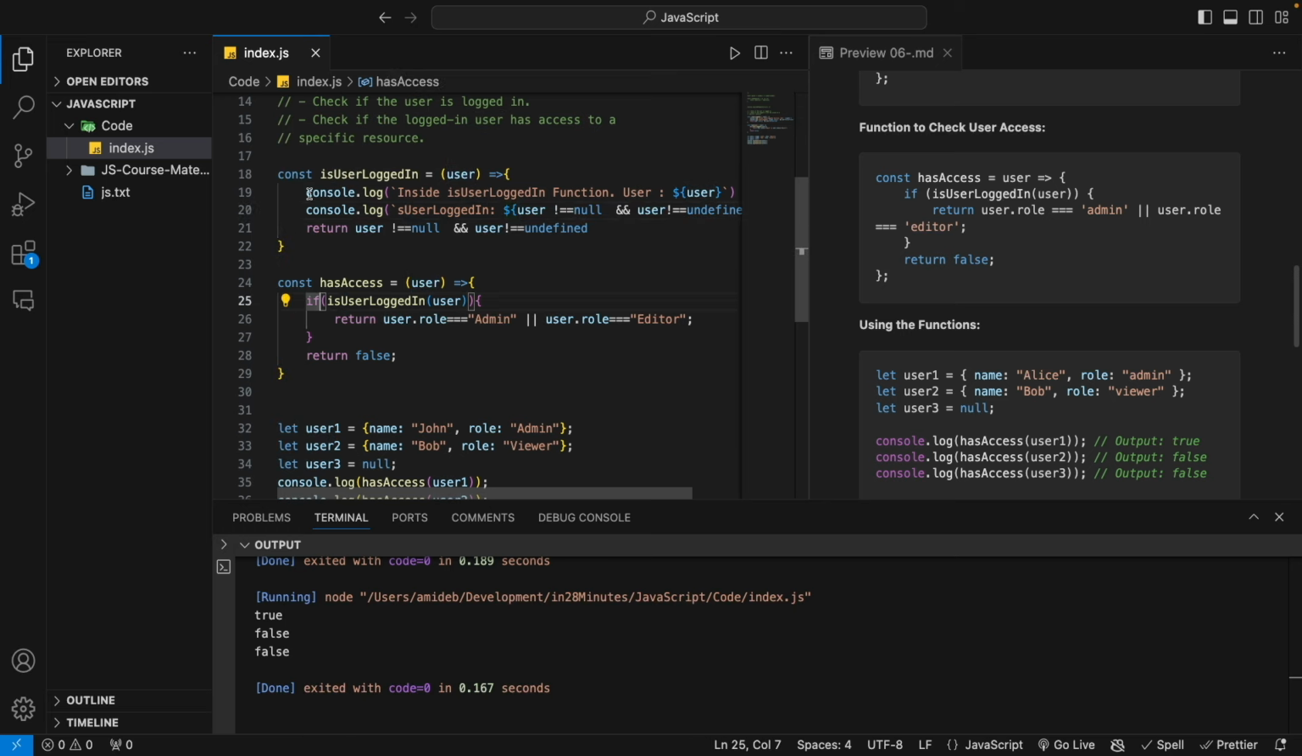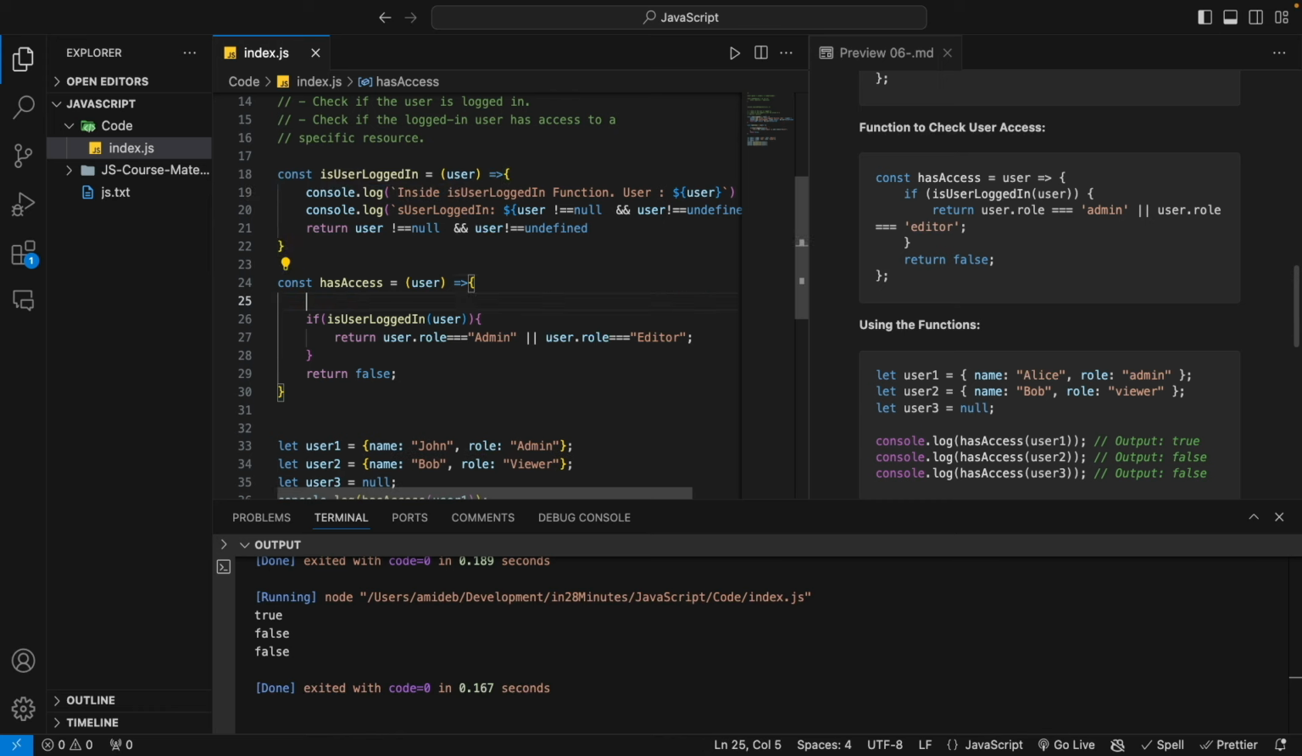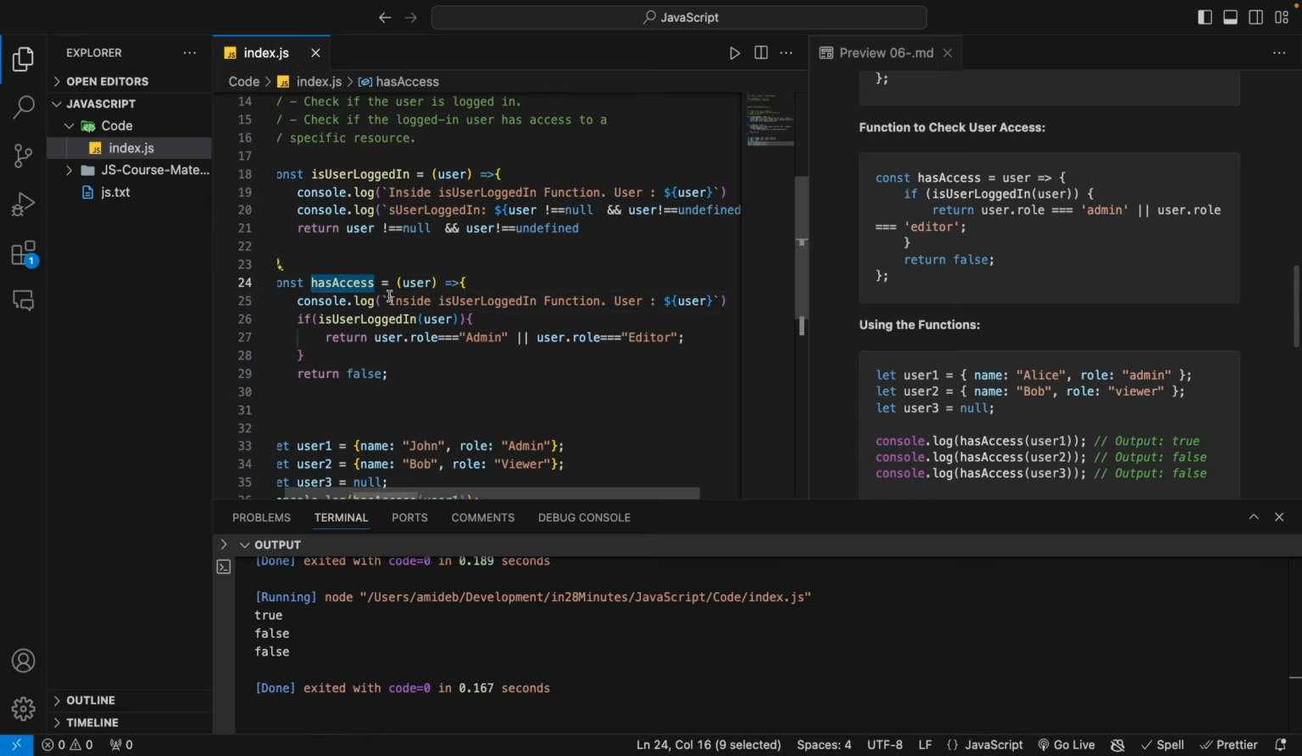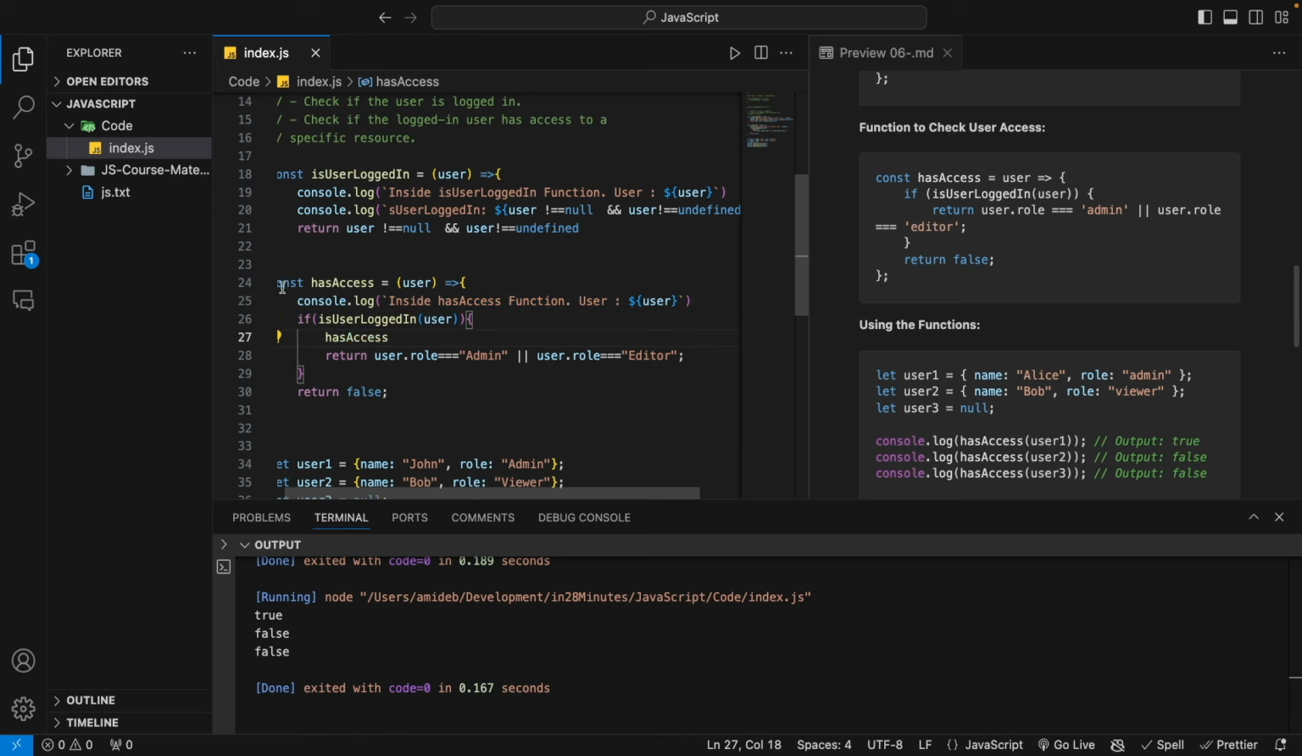So now inside has access, we'll do the same. Inside has access, we will give something like "inside has access" function. Okay, and we'll print the user, and then if it is true, it will be here. We'll do console.log, and we'll do has access. We'll do here has access, and then